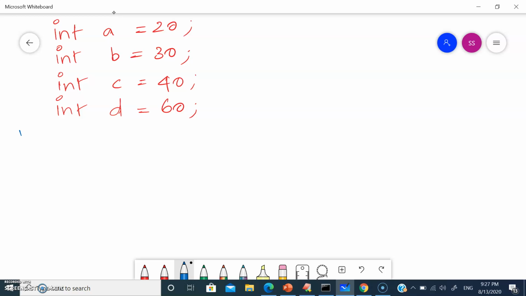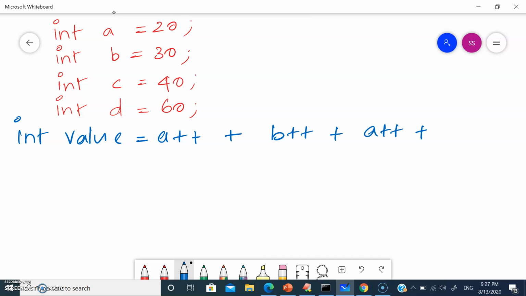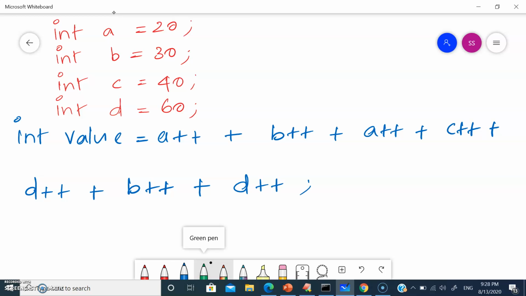So let's take int value is equal to a++, b++, a++, c++, d++, b++, and then d++. So let's solve this.